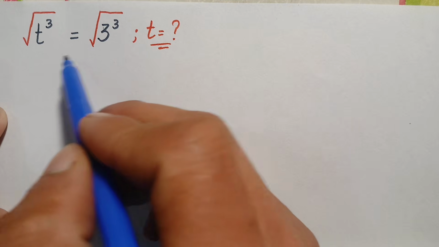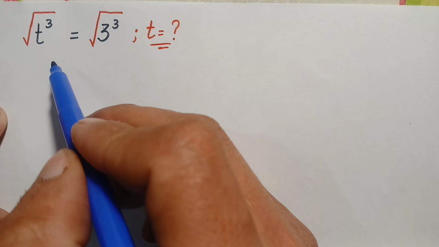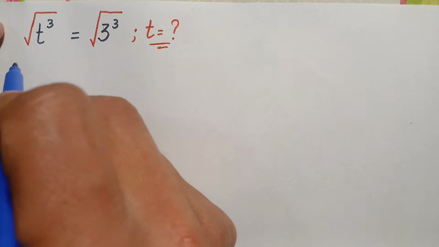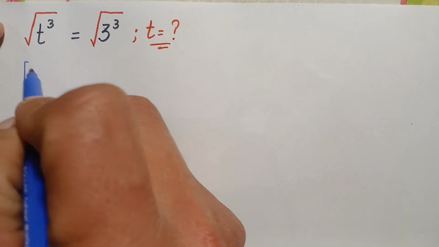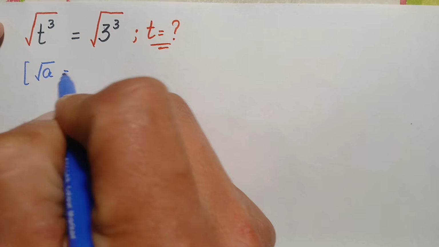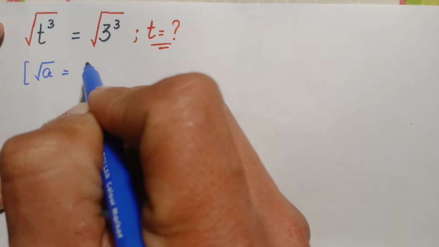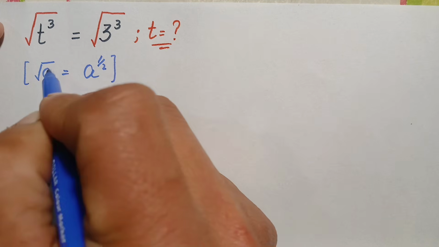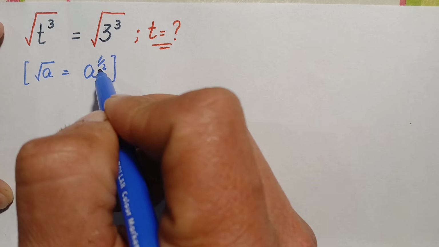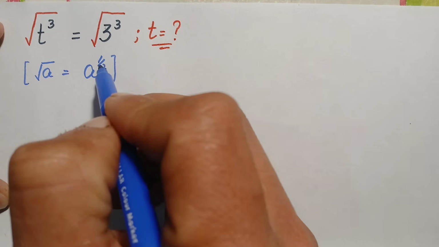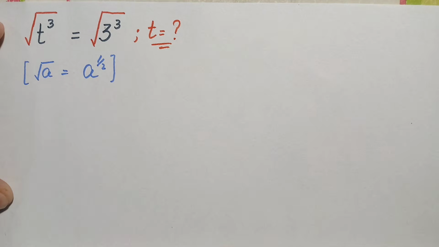So for that, we will change this square root to its equivalent value, which is equal to 1 over 2 or half. So for that, on both sides of this equation, we will use this one result. We can write the square root of any number a in exponential form as a raised to power 1 over 2 or half. So here this square root is equivalent to 1 over 2 or half. So using this result here we will change these square roots to this value. So this equation will become